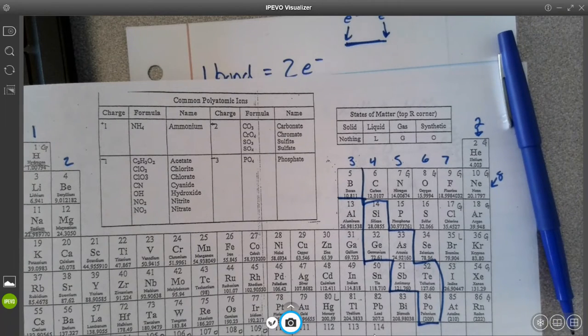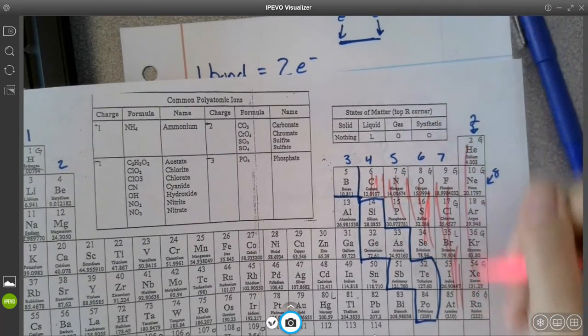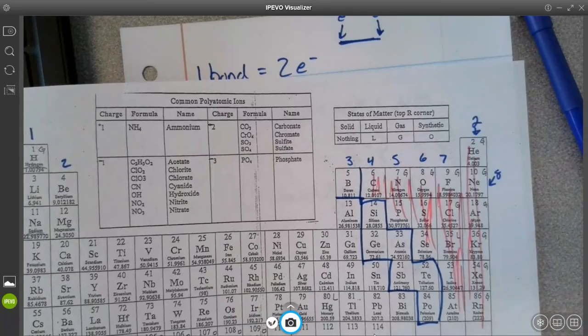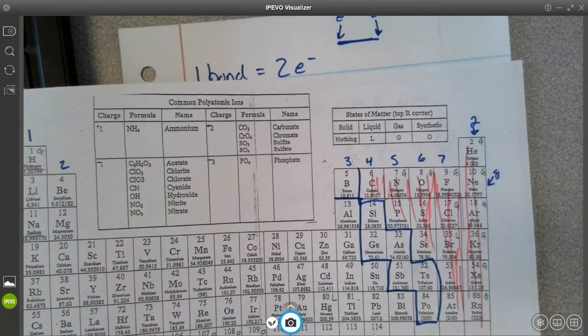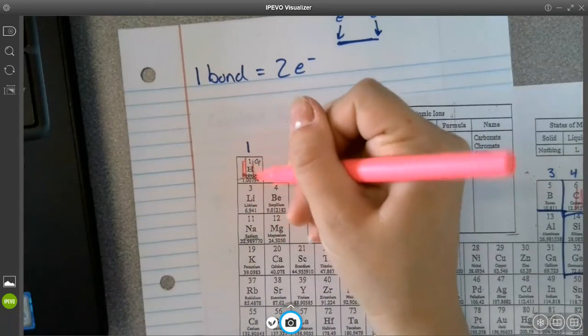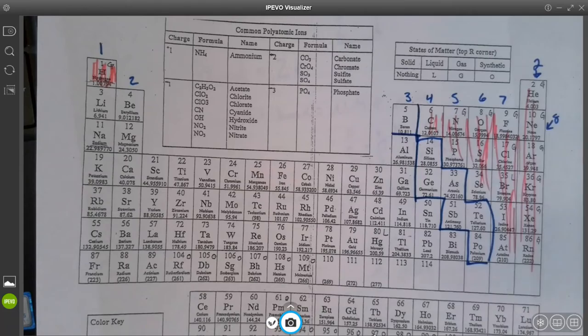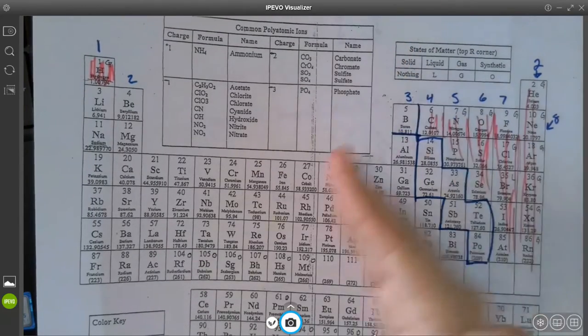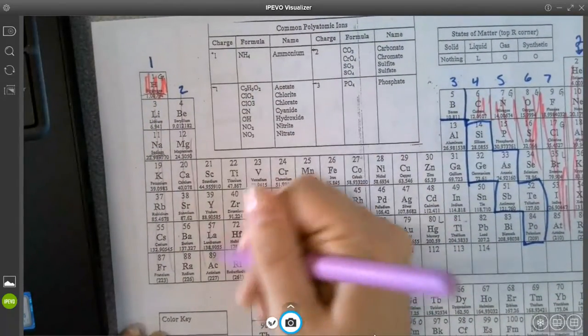Anything that is up to the right is all going to be non-metal. So oxygen, fluorine, argon, even helium, that's an exception that's over here. All of those are non-metals. Everything else that's to the bottom, to the left, these are all going to be